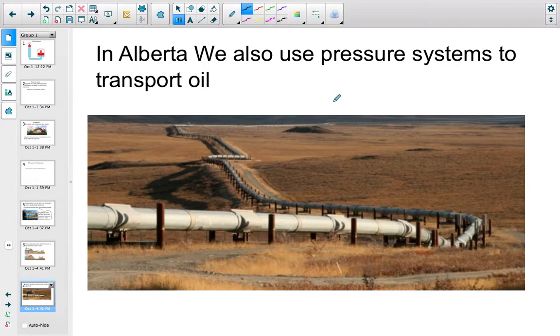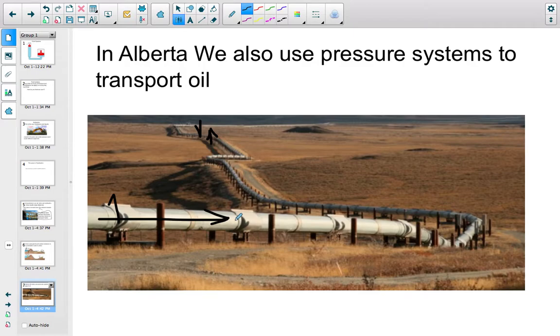In Alberta, we use pressure systems to transport oil. So pipelines will have a very high pressure here and a very low pressure down here. So again, the oil will want to move from high to low down these pipes. Now, you have to carefully regulate the pressure because if the pressure gets too high, remember,